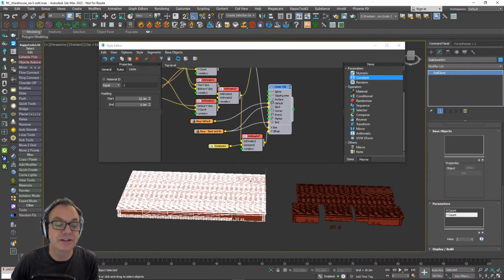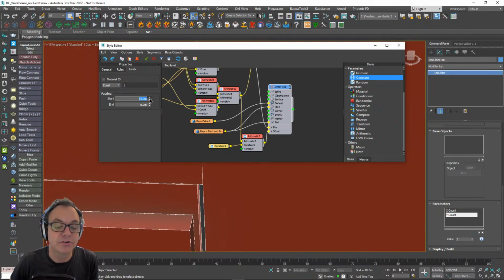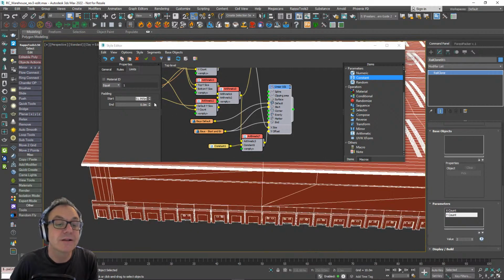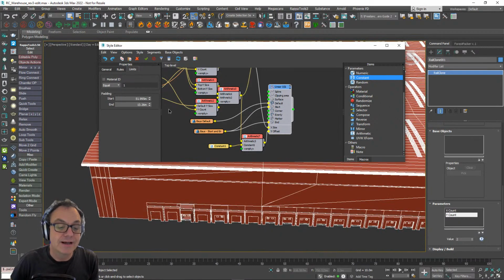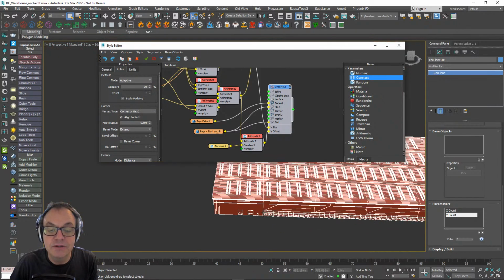Now it's not offsetting, it's not moving the whole thing along, it's just shortening the graph, or shortening the spline, sorry, by this distance. And obviously if I wasn't live streaming, I'd spend a bit more time setting that value up so that it snaps together exactly, but for now I'm just going to leave it like that. I do the same thing at the end here and snap it into there. Okay, I'll just change the mode to adaptive so only whole segments are used. Okay, and there we go.